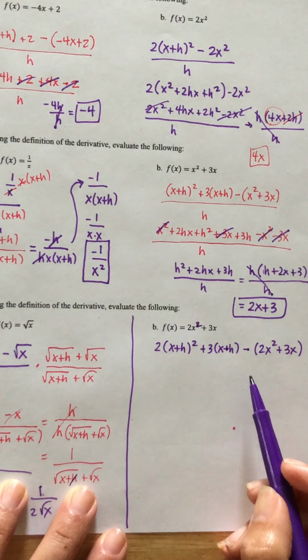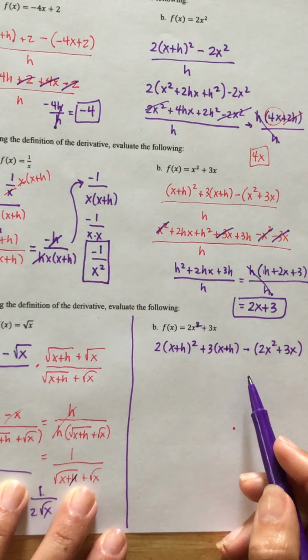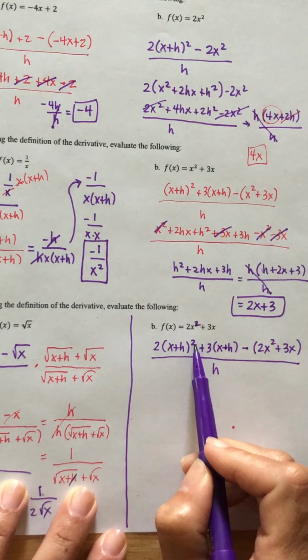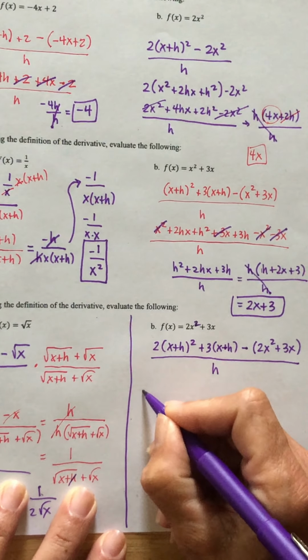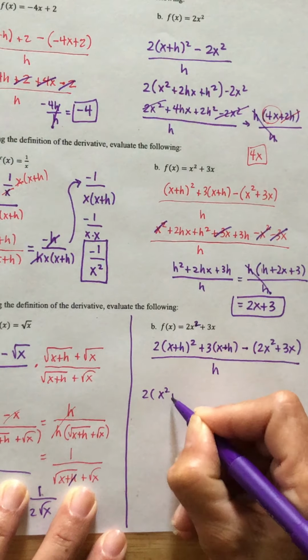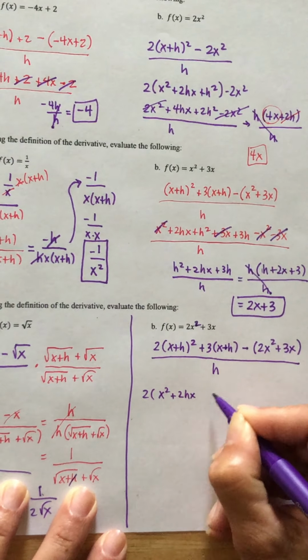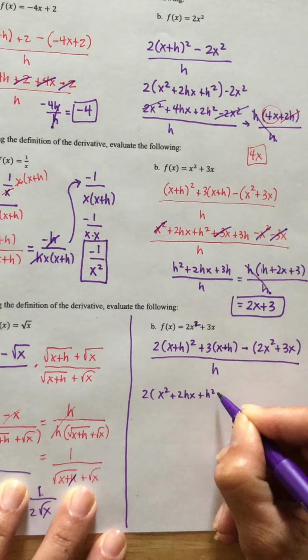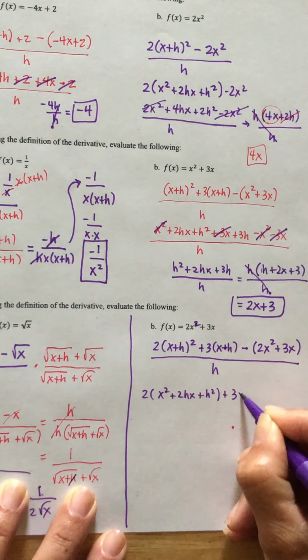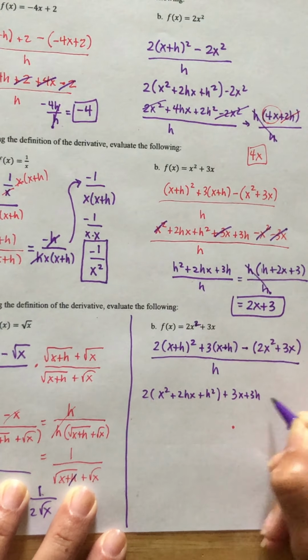Reason why I got rid of the 3 is because I don't want to have to cube everything out. What a pain. All right, so 2 parentheses x squared plus 2hx plus h squared plus 3x plus 3h